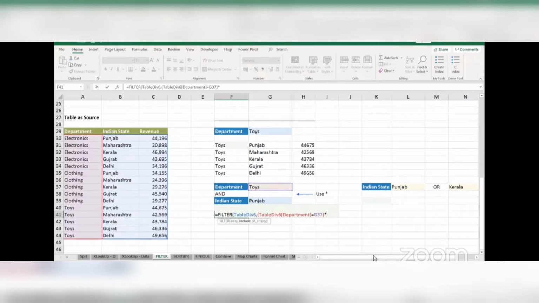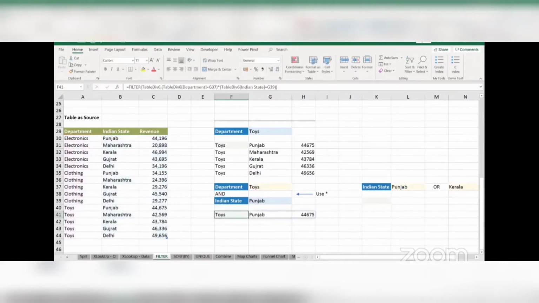So here we will again have an opening round bracket. This time state is Punjab, so I will select that data, is equal to Punjab, bracket closed, and we are done with our formula. So now again we can close our bracket to close the filter formula, hit enter, and we get the answer for our filtered data where the department is toys and the state is Punjab.